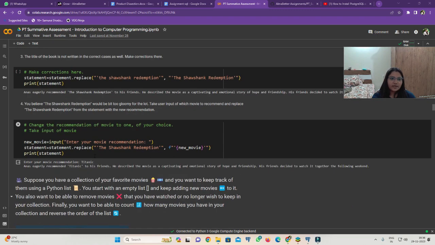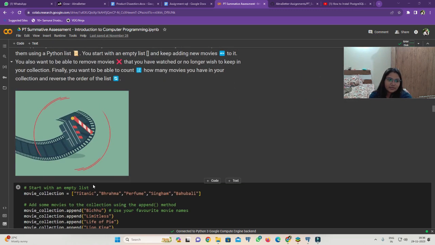Here we input any movie name, and we are replacing the Shawshank Redemption with our input movie. Whichever we type here will just replace this one. So I have entered Titanic, and we can see that here we already have Titanic in the place of the Shawshank Redemption. So in next,